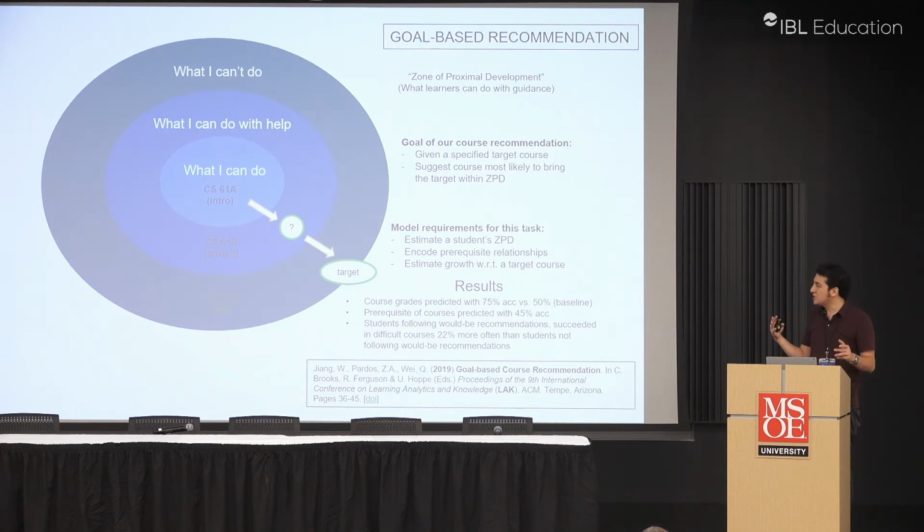And then we looked to see, if we go back 4 semesters and we look at only students who all took a historically difficult course 2 semesters from then, and we look at the students who followed one of our courses that we would have recommended at that point, and then at students who did not take a course that we would have recommended at that point. There was a 22% differential in outcomes on that historically difficult course if that student took a course that, in hindsight, we would have recommended. It's not a gold standard test. It's just as good as we could come up with historical data.